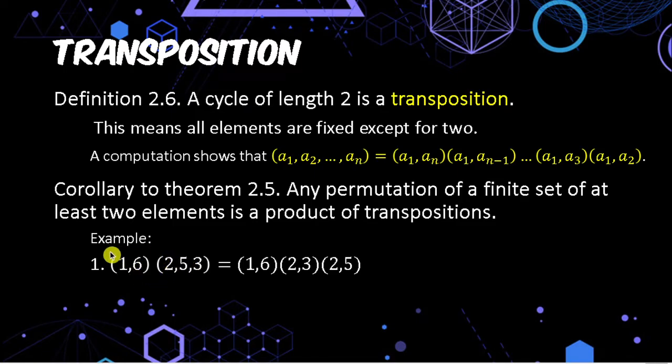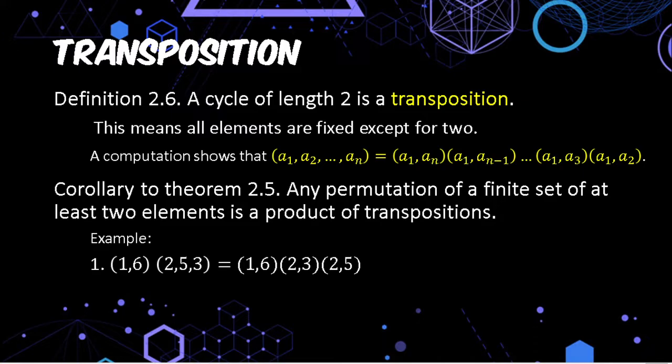How do we express this product of disjoint cycles as a product, this time, of transpositions? Well, we can use this computation. So, of course, this is already a transposition because it has 2 elements. So, we simply copy it. But for the other cycle, that's the cycle that we can break down to